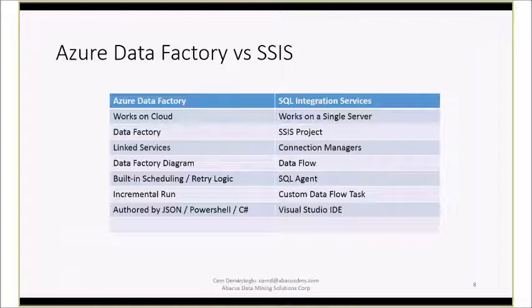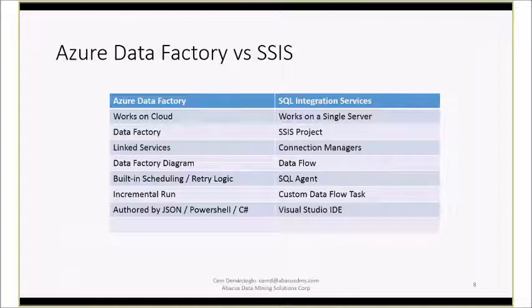You have to have it either as a VM somewhere, or you have to have a physical machine that's running the Integration Services. Azure Data Factory is the container name that holds all your pipelines, the transformations, everything. On the Integration Services side, we call it an SSIS project. So an SSIS project is equal to the ADF factory. One factory, you can think about it as